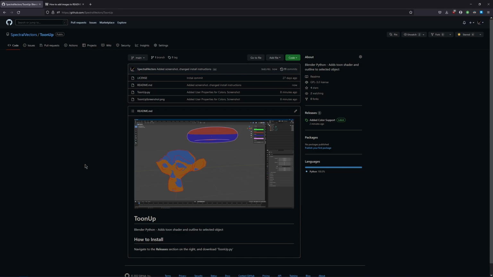That is our add-on. We didn't end up using the try and except in there, but we could throw it in if we wanted to. That was just something that I wanted to make you guys aware of. Then we added some properties to our add-on, and now we've spruced up our repository a little bit by adding a screenshot to our README and also adding a release so that our users don't have to go through